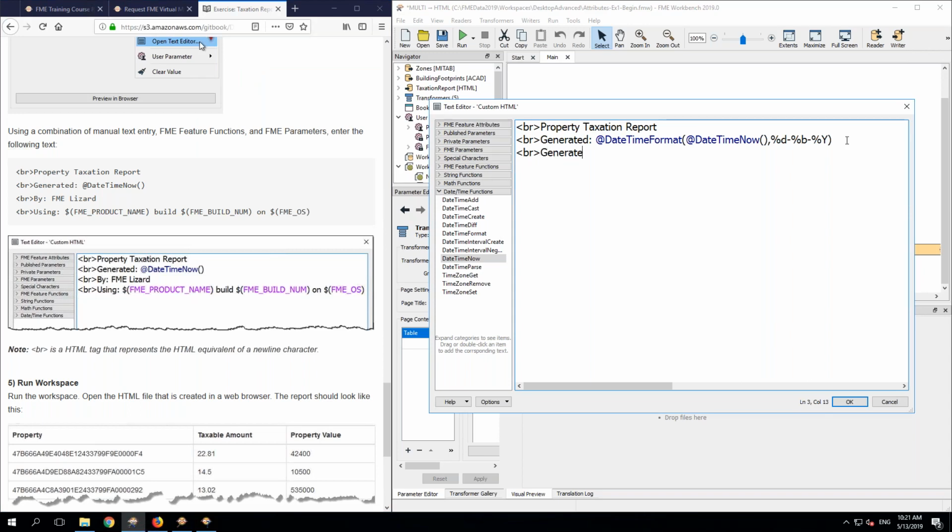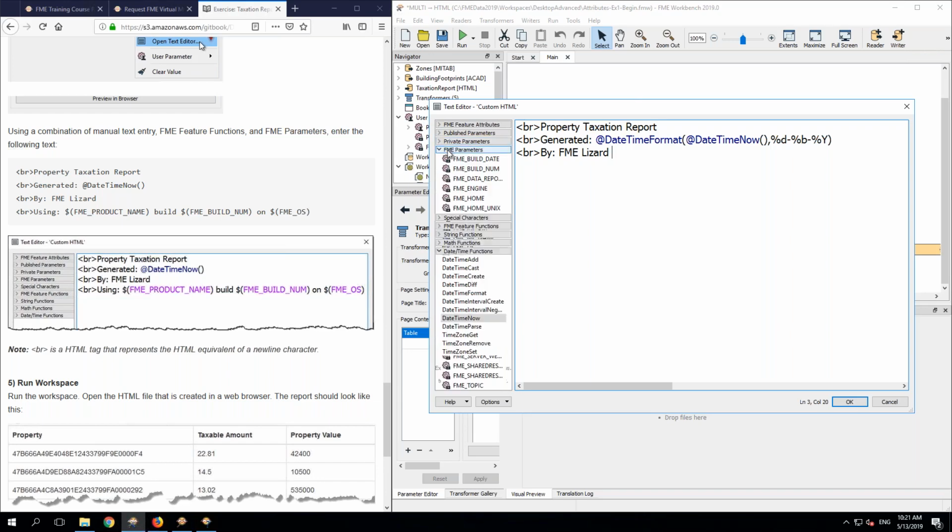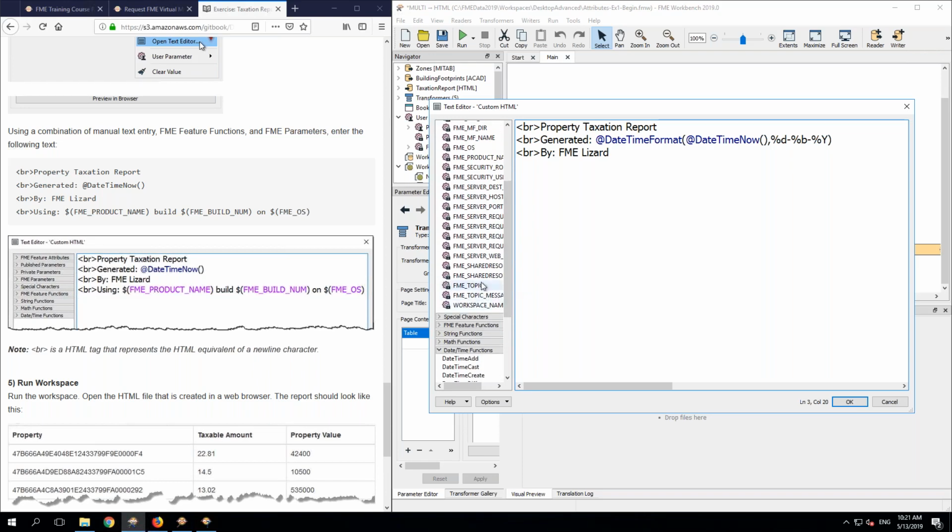BR, again, generated, oops, don't want generated, want by, and you could put your name in there. If you're running this on server, you could look under the FME parameters and you would have FME username, I suspect, FME security user. So if you were running this on FME server, it would automatically put the name of the person who's running the workspace in there if you wanted. But for us, for now, we'll just say FME lizard